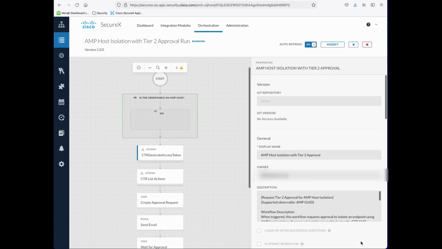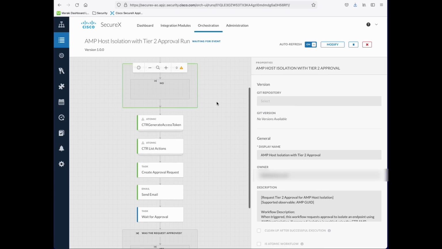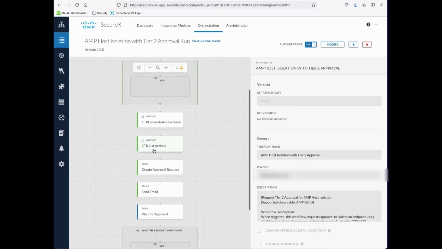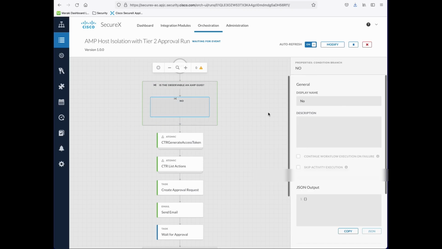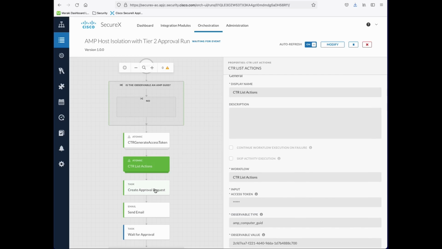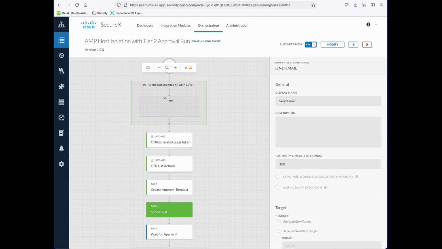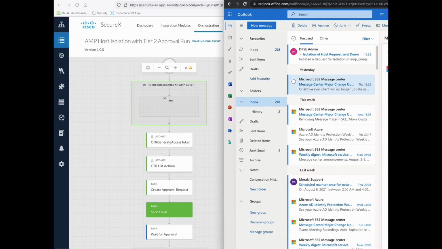Right. The great thing about the whole run, you can see that the execution is happening in real time. The green boxes and the green indications are what has actually successfully executed, right? So we go through, is this observable a computer GUID? If it's yes, it hops over to create a token, get the list item, request for the approval, and at the same time an email has been sent, right? So an email, as you can see here, has been sent